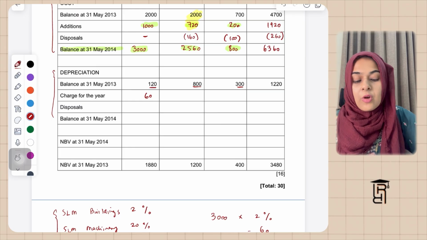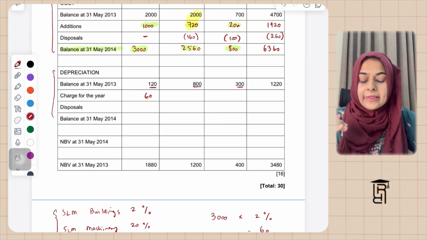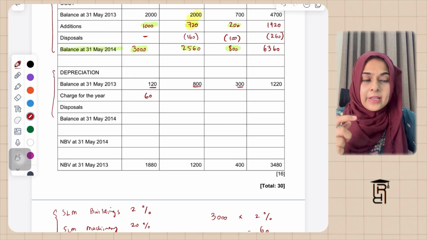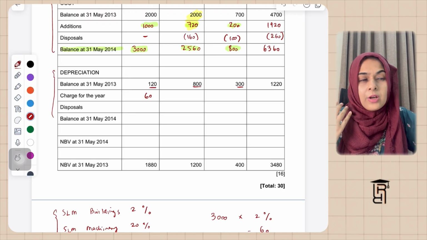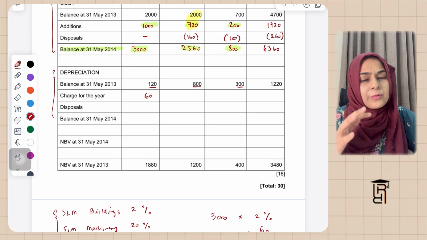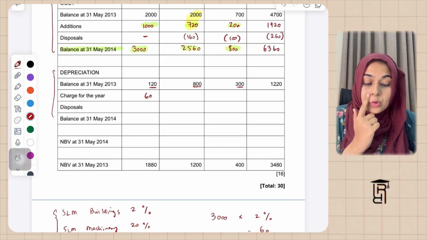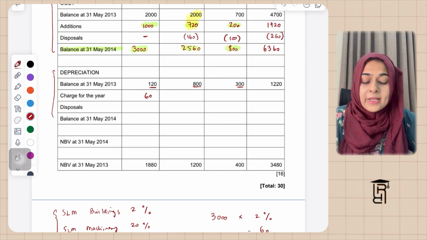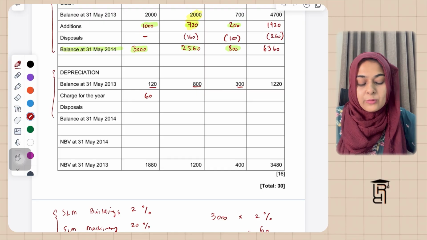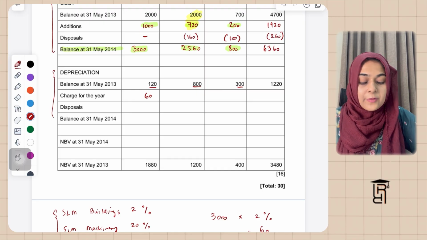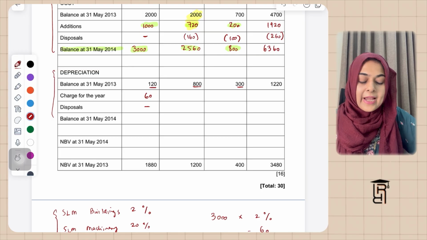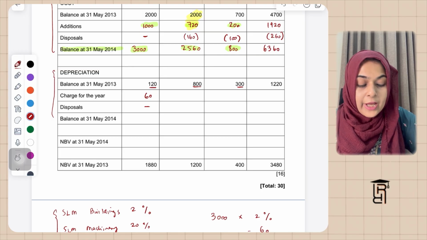So charge for the year for buildings is 60, because cost of buildings at the end of the year is 3,000, and 3,000 multiplied by 2%, and then they have said no full year's depreciation in the year of purchase, so we don't have to think how many months to charge, we will charge the full year. So the old 2000 cost of buildings, the new 1000 cost of buildings, together 3000 cost of buildings multiplied by 2% will give me $60 as my charge for the year. In disposals we will put a dash because there is no disposal, so the balance